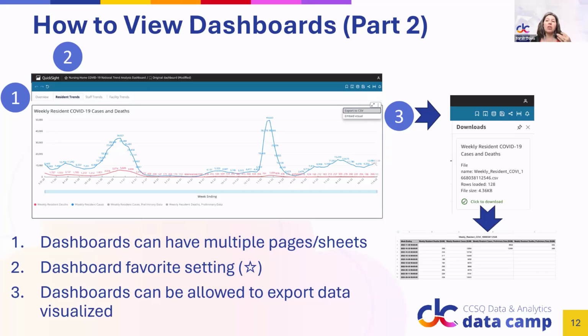Dashboards can be set up so that you can actually export the data that's visualized. Using the three stacked dots on the far right side, you have the ability to export to a CSV. If that selection is set up on your dashboard, then your users can select it and it'll come up in the download section. What comes out will be an Excel file or a CSV file of that data that's in the visual. It won't export this line graph, for example, but it'll show each of the individual data points on each of the XY axes as a table. Next slide.